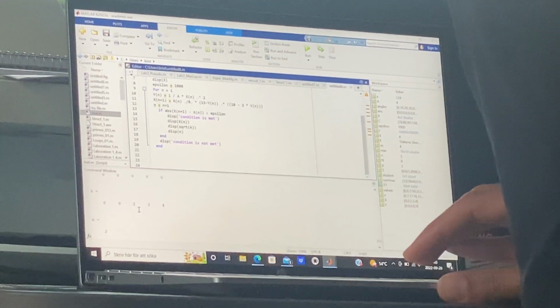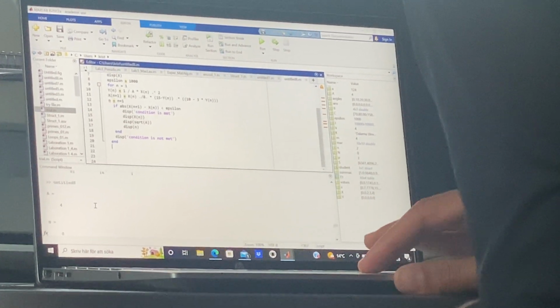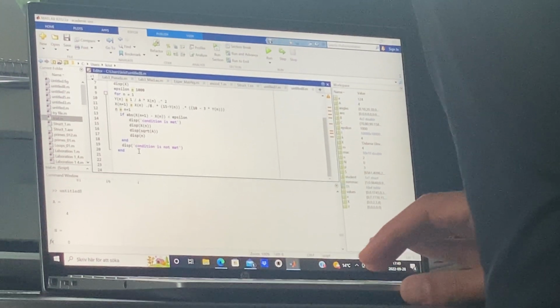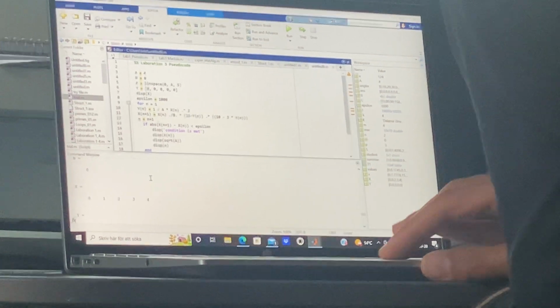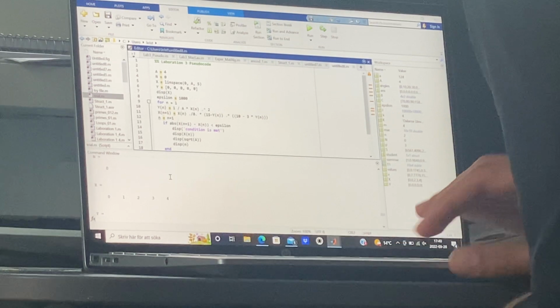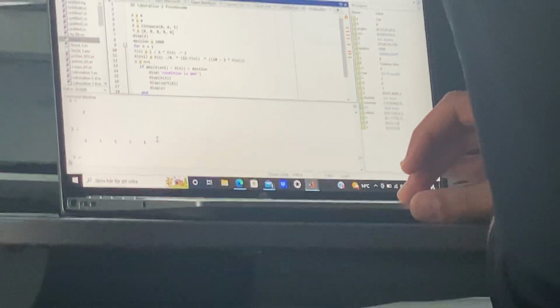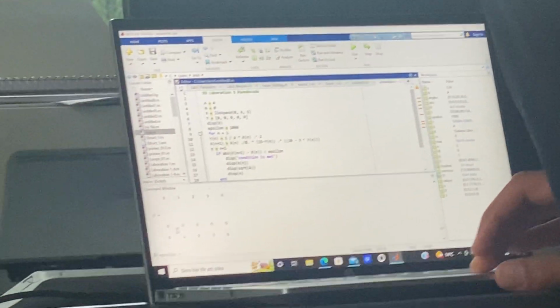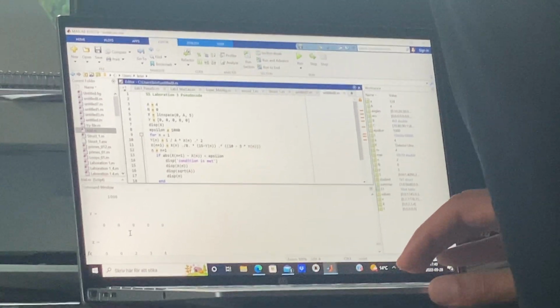When we run it, you can see here, it gave us the a value, the n value, which is 0 to 4, and a equals 4, and then we have the x in the linspace, that's 5 numbers from 0 to 4, and the y matrix, and we have the epsilon, which is 1000,